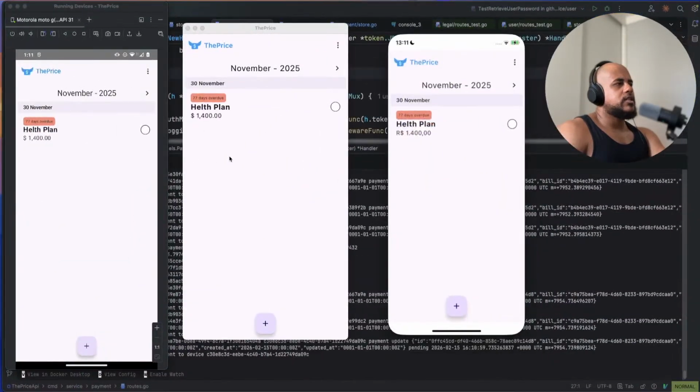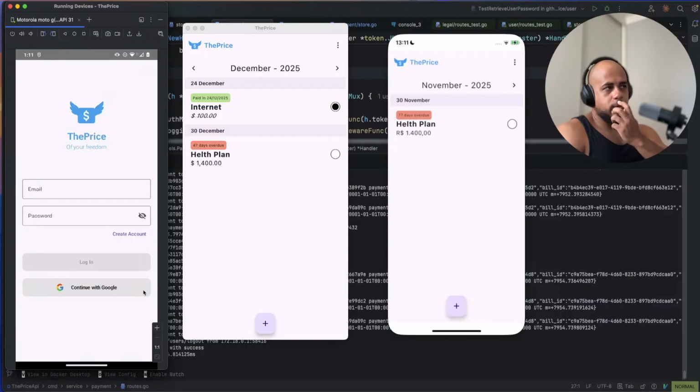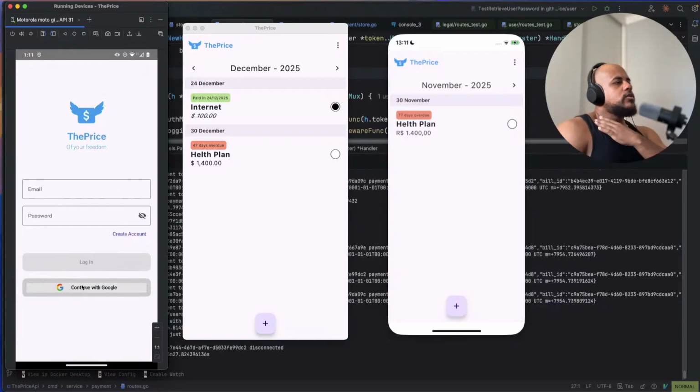It's because in every month, let me explain. The issue was in a lot of places actually. Was it in the logout or in the login? Because when you log in for the first time, let me log out here from one device. When you log in for the first time, I was fetching the bills and then the payments and saving locally. But the issue with this is, first of all, when I save the bills